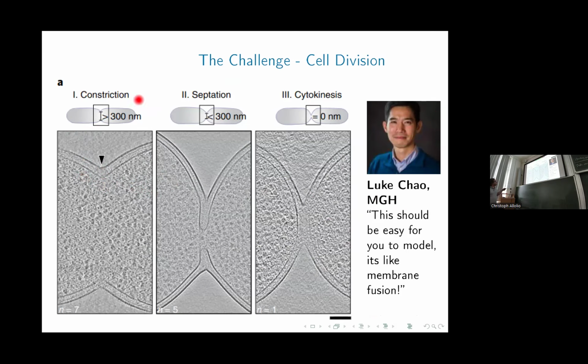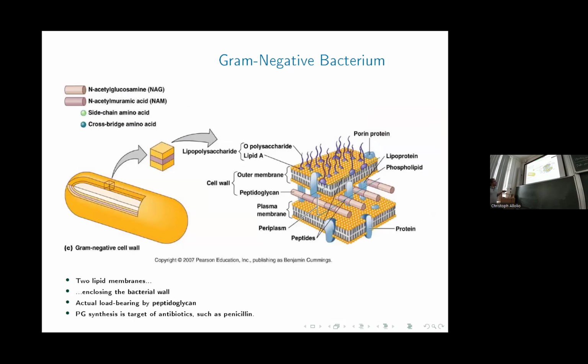You have this constriction phase in the beginning of the division, and then you have a septation phase where some septum is growing, and then you have a splitting. This should be easy. It's just like membrane fusion, but of course it's not, because it turns out that